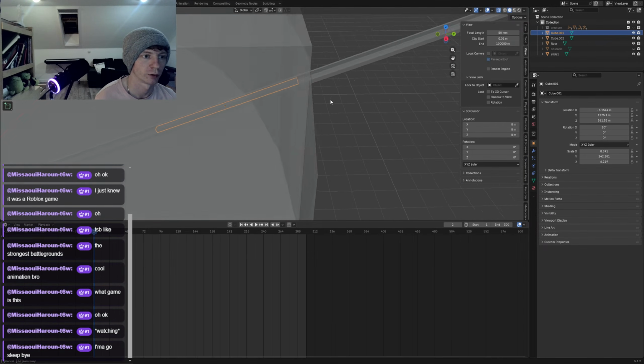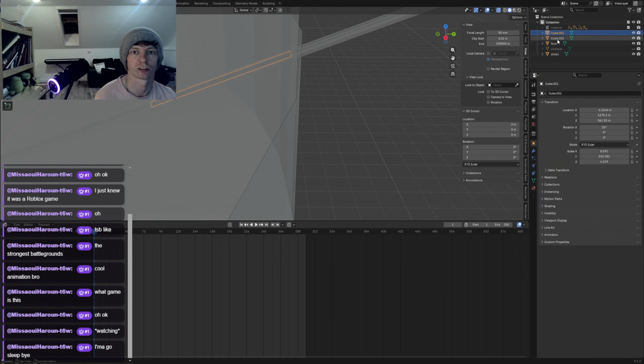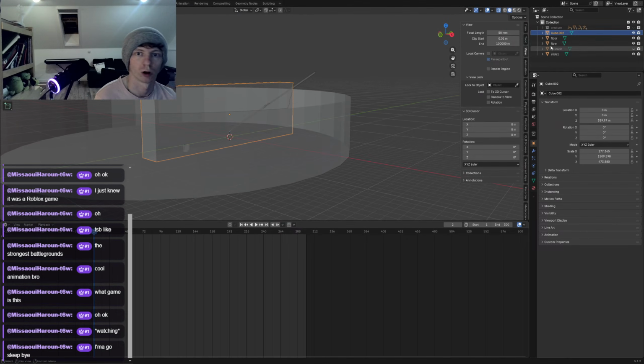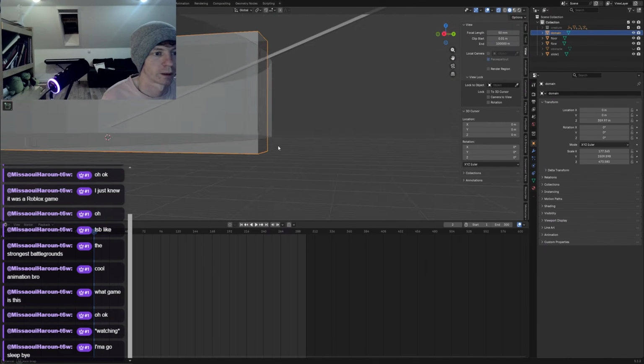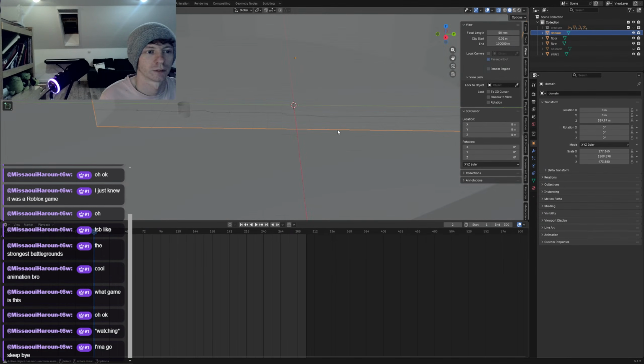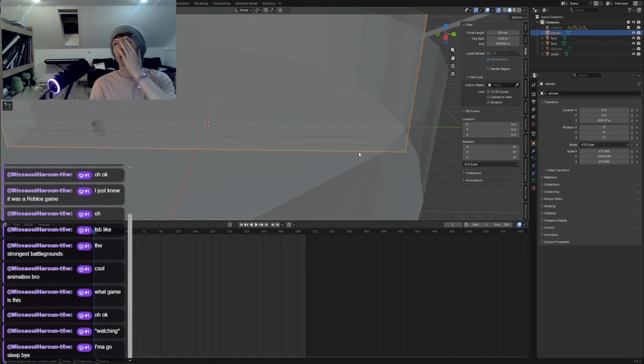Where's this cube? You are my domain. Slightly below the floor, slightly below the floor. So now if I was to go and add in the particle sim, and we just ignore the creature,